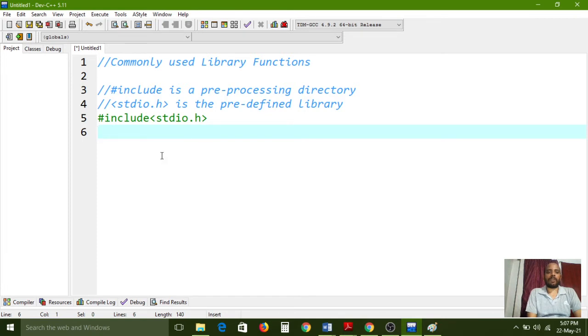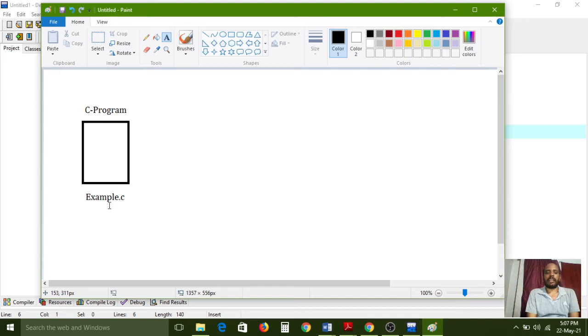Here I typed hash include stdio.h, and after that some remaining statements, like void main and the printf statement. After writing the entire code, we need to save this file with the .c extension. Up to now this is called source code, nothing but this file example.c.